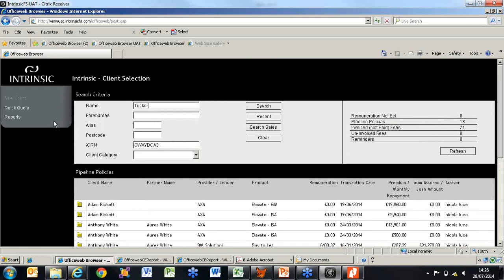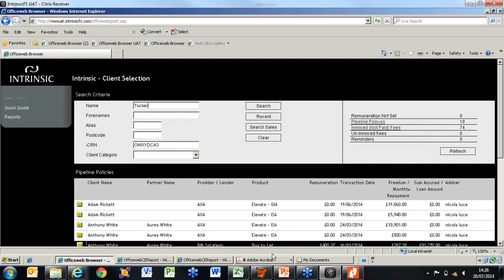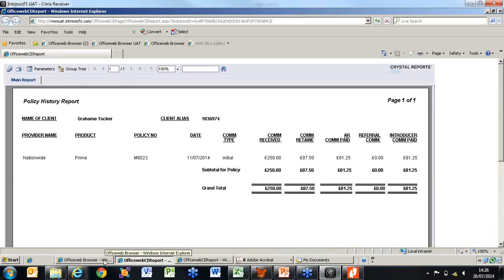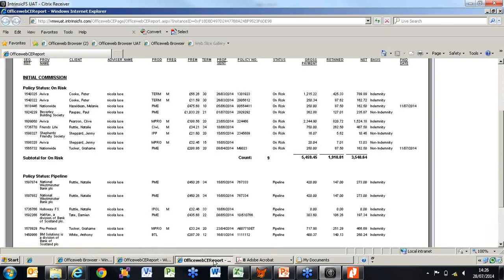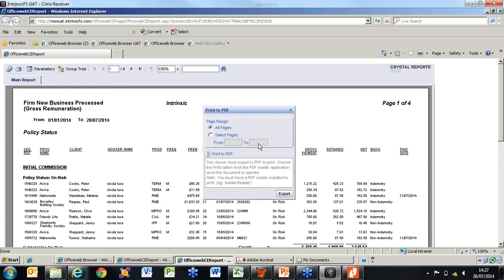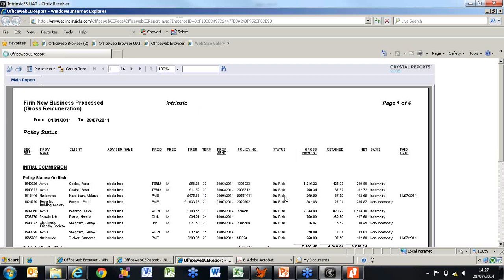Several of you have asked whether you can export these reports. I'm going to go into one of the reports we've just run, hopefully, and show you what you need to do. Let's have a look at a payments one, hopefully. So we'll use this one. You do the same on all reports. The most important thing when you want to print one of these reports, do not do Control-P. It won't show on a whole page. You must use these icons here from the top row. So if you want to print, you need to click on the printer icon here, choose what number pages, export it,